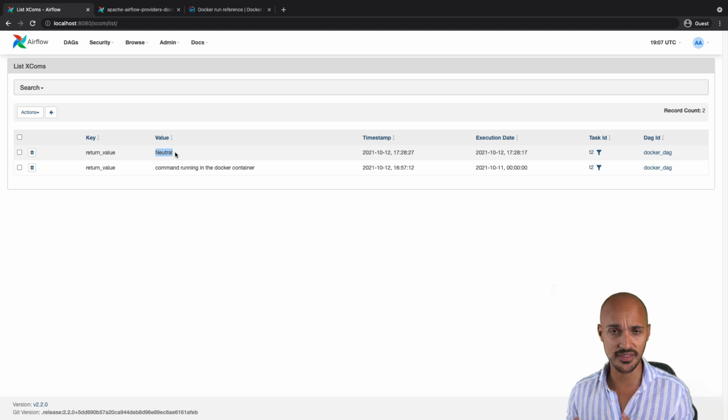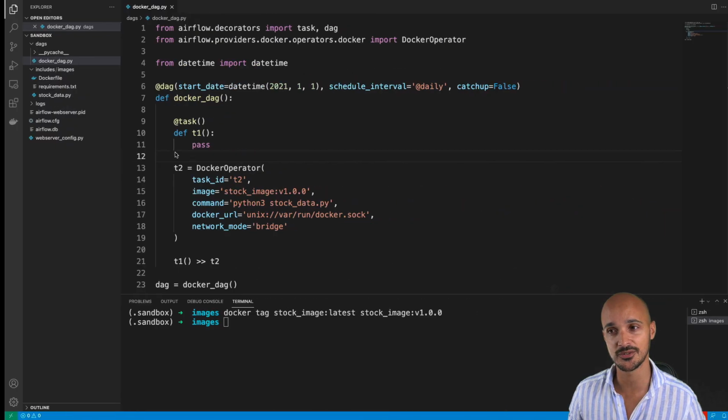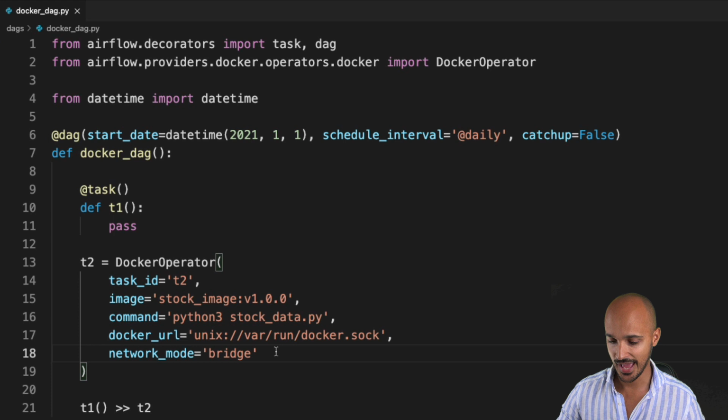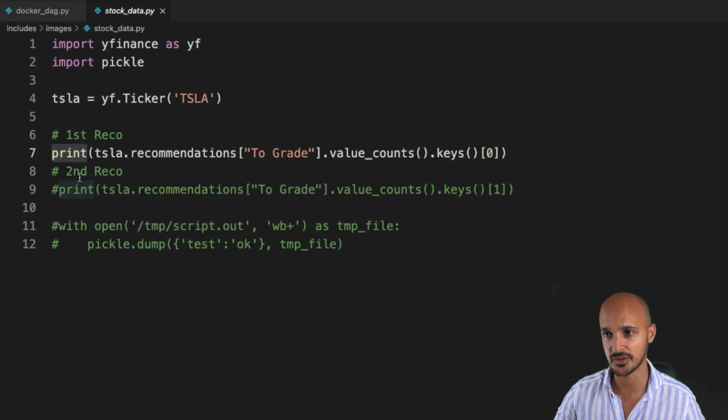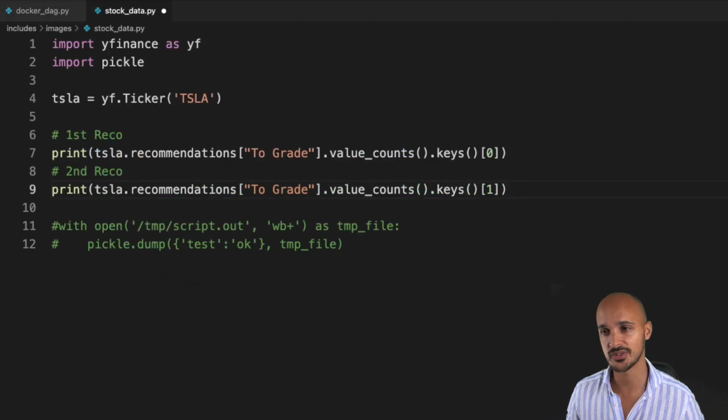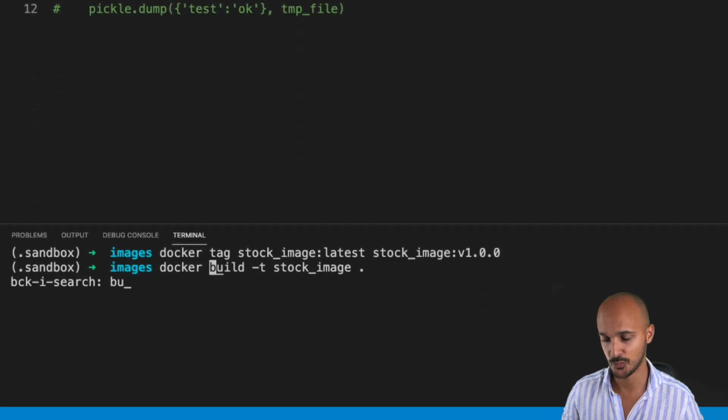Okay, now what if your script produces multiple lines on the standard output? How can you store them within an XCom? Well, in that case, the only argument that you need to set up is xcom_all. If you set it to true, and let's modify the script. So in that case, let's say you want to get the second recommendation, save the file, build the Docker image,